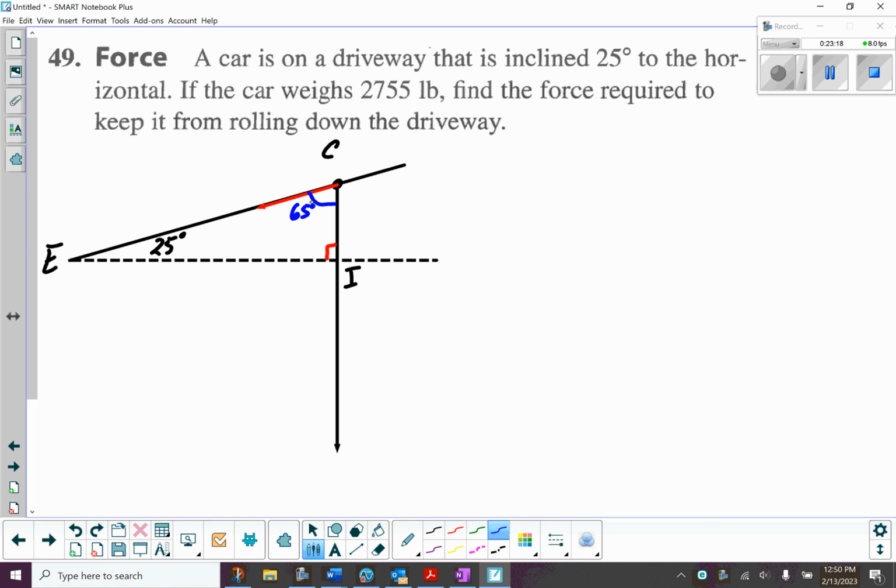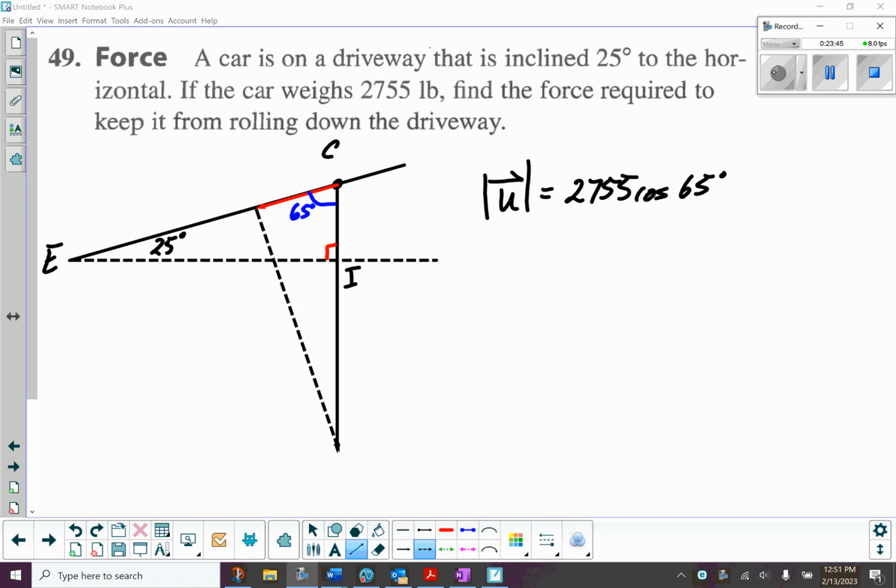So resolving this into a force perpendicular to the driveway, we're going to say that the magnitude of this vector is going to be simply the 2755 times the cosine of the 65-degree angle. Why is it cosine, Mr. Mark? If I put in the resultant vector from the end of this one and that one there, so again, as they describe, it's perpendicular,